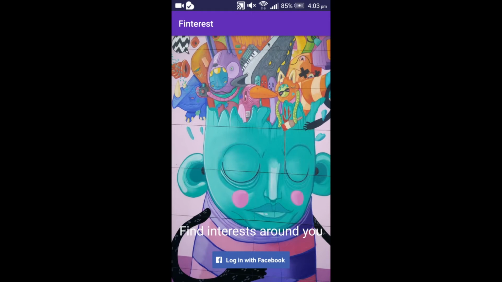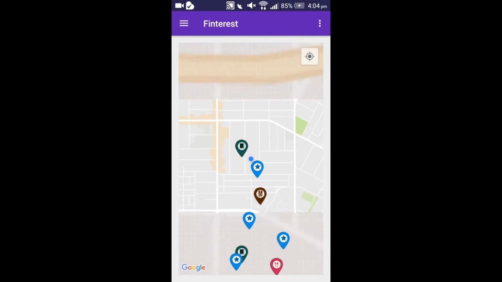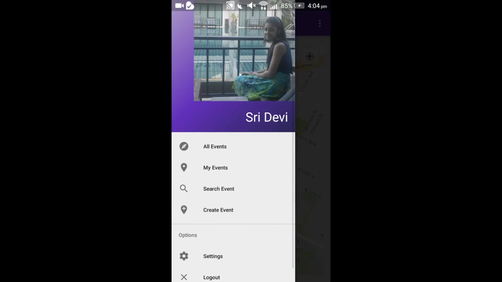The motivation for our app is to find the events nearby based on your interests and to make sure that the participants show up for the event. To make profile management easier, we have implemented Facebook login. Once I tap on the login with Facebook button, I would be navigated towards the main screen. As you can see, in the side navigation bar, the profile picture and the full name are populated from Facebook.